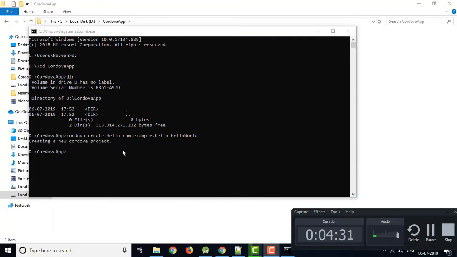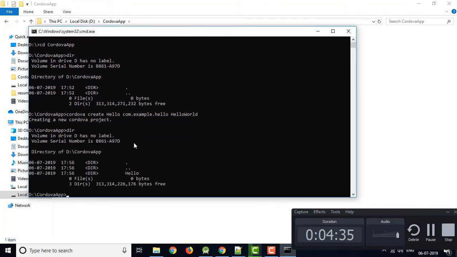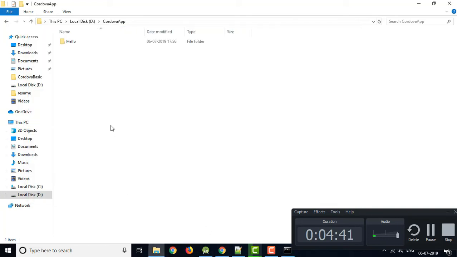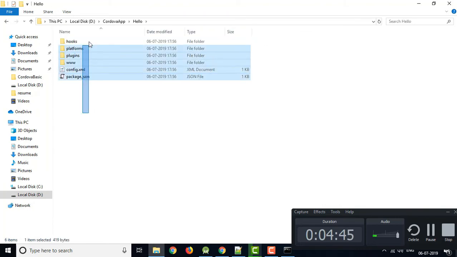Creating a new Cordova project. Now if I run dir, you will see that the project is showing. If you go to the directory, here also is hello. Inside that are the files which Cordova creates.